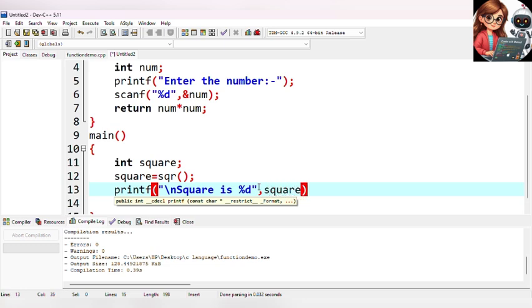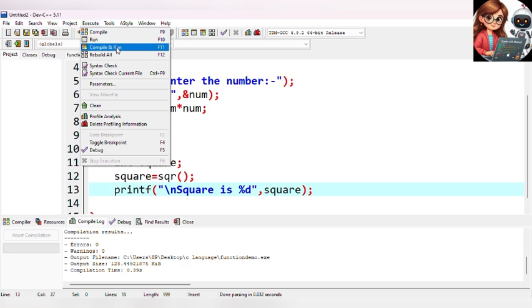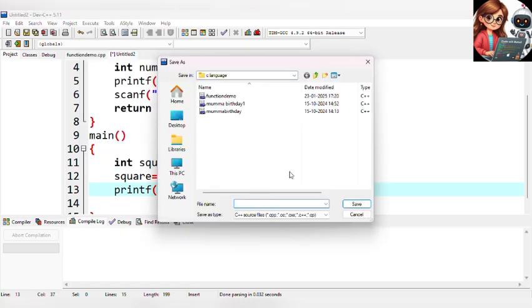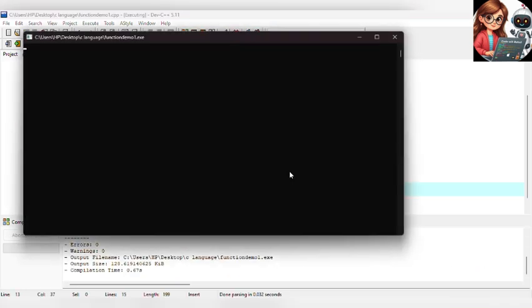This time we are not going to use an ampersand. Okay, execute. Enter number. Let's take the same 5.